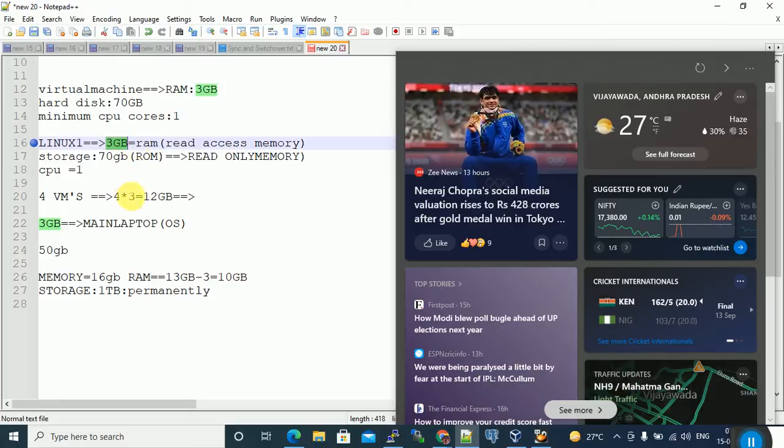So at a time, if you start 4 virtual machines, how much memory is used? 12 GB. Those 4 virtual machines at a time use 12 GB memory.